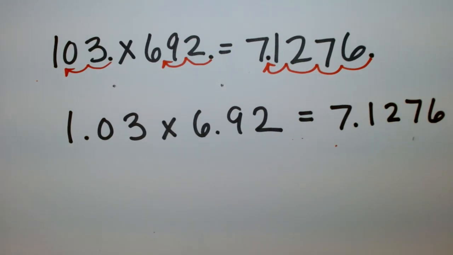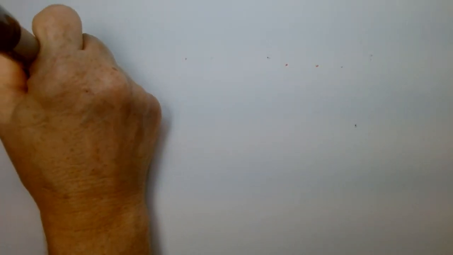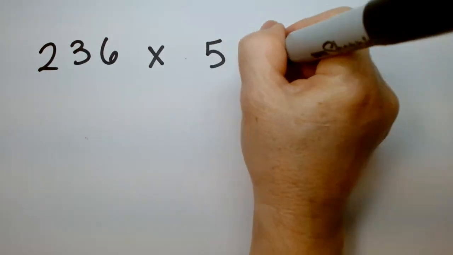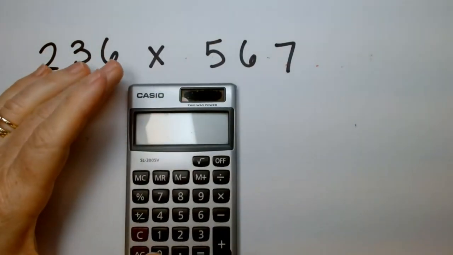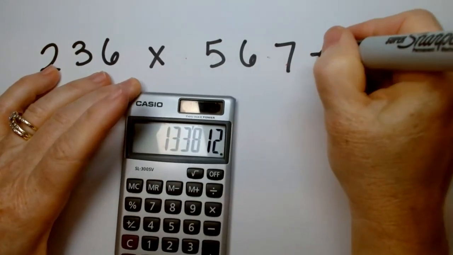You want to try one more? Okay. So you guys give me a couple of 3-digit numbers. Type them in right now really quick. Just give me a 3-digit number and I'll just grab 2 of them. Okay, go ahead. I'll get a fresh sheet of paper while you're typing. All right, I have 236 times 567. Okay. All right, so here, 236 times 567 is equal to